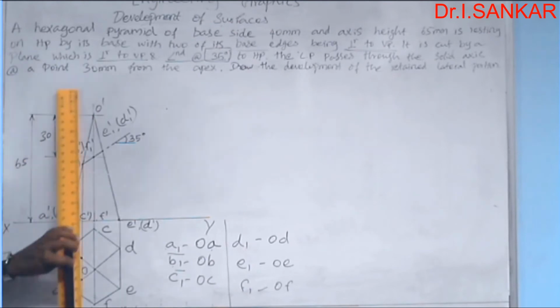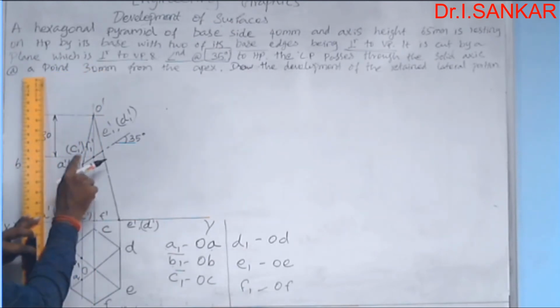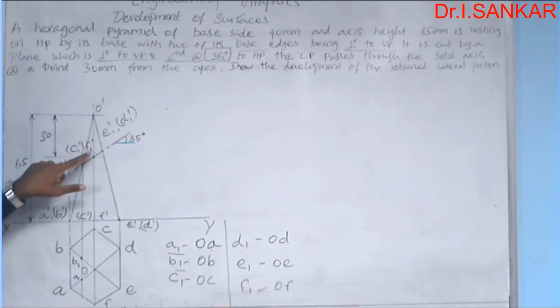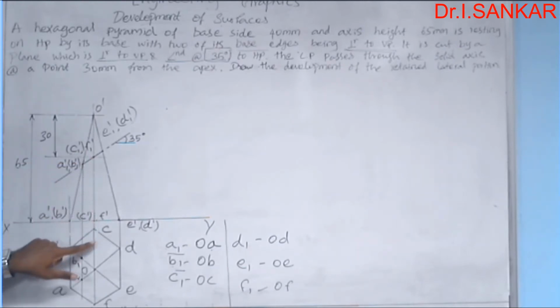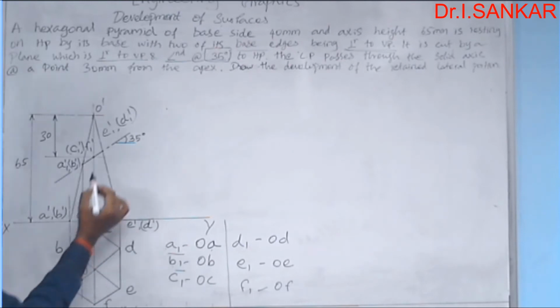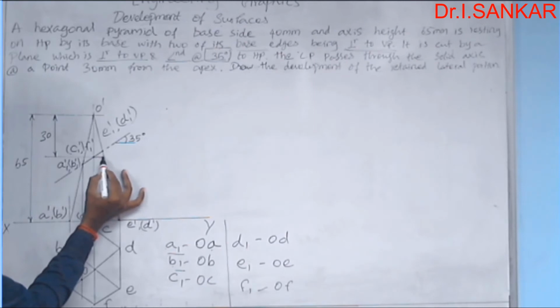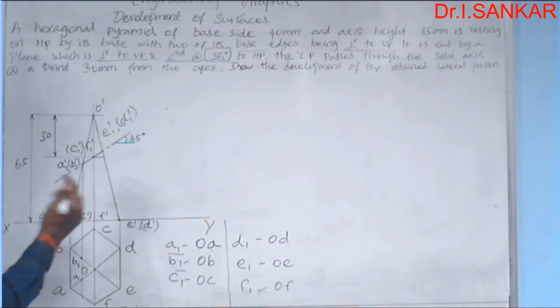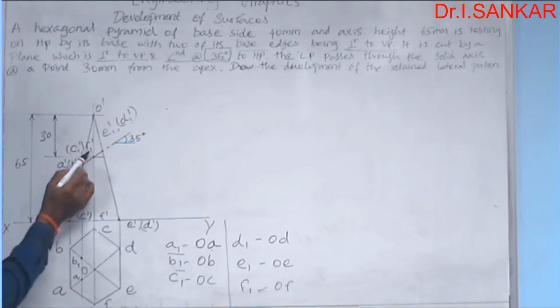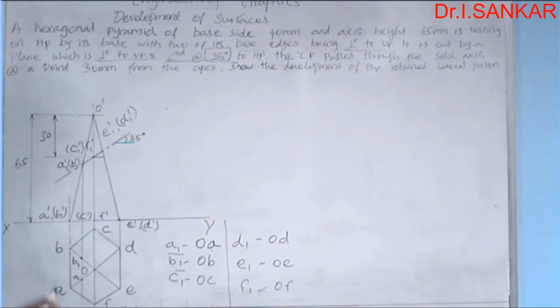Similarly, project C1 and F1. If you project C1 and F1 with the projector towards the top view area, it will never intersect with OC and OF. So in this kind of condition, I already told you the method how to mark the cut point. Just transfer this C1 F1 horizontally towards the extreme slant edge. See how I am marking the C1 F1 in the top view, since I am not able to mark it by simply projecting towards the top view area.